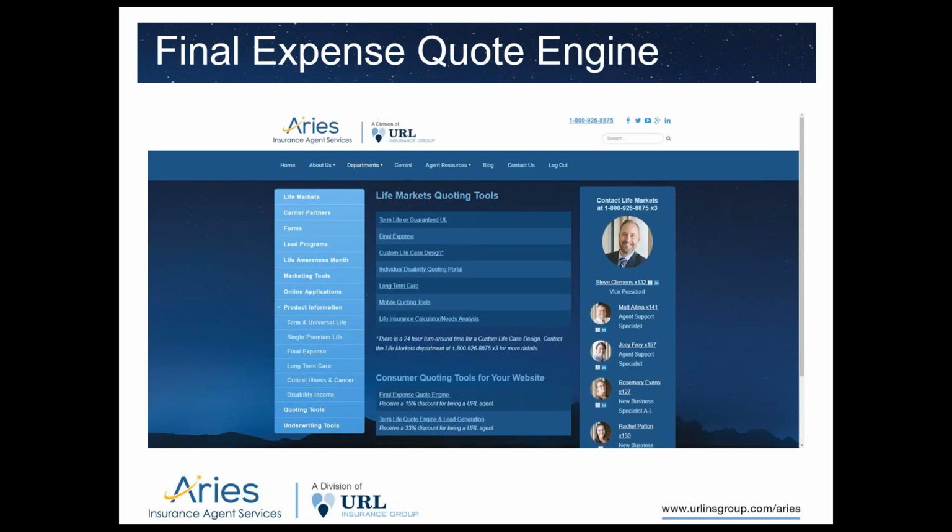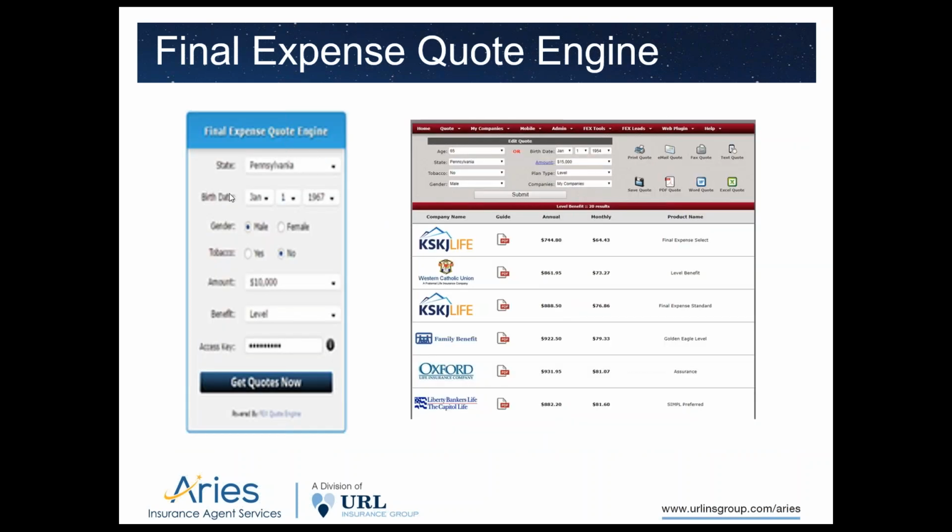Our final expense quote engine, when you go to our website under the Aries section, so URL insgroup.com/Aries, and then you click on departments, go to Life Markets Quoting Tools, you will see that we have Life Markets Quoting Tools, and there's a section here for final expense. So when you click on that final expense link, it's going to take you to the screen here on the left-hand side,